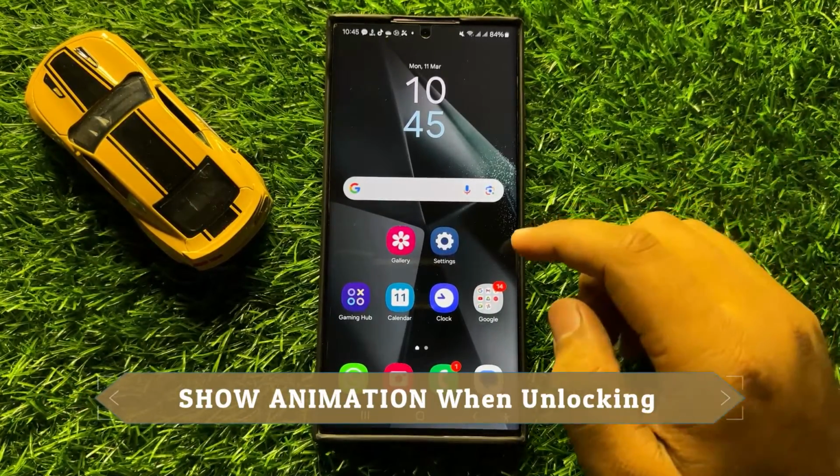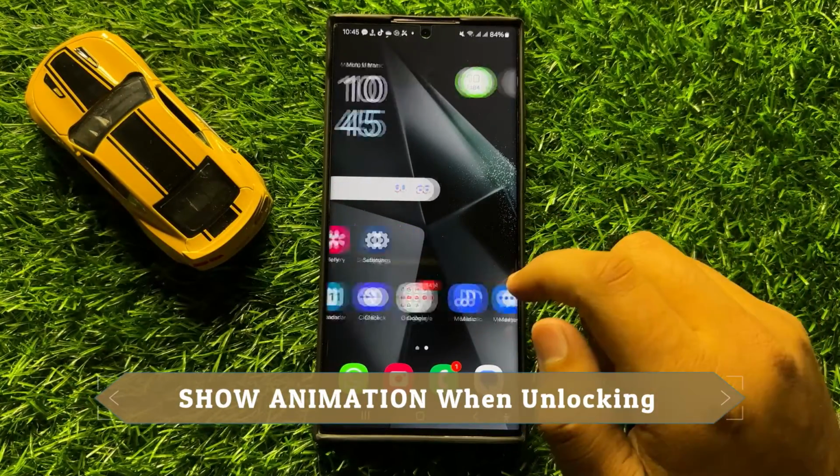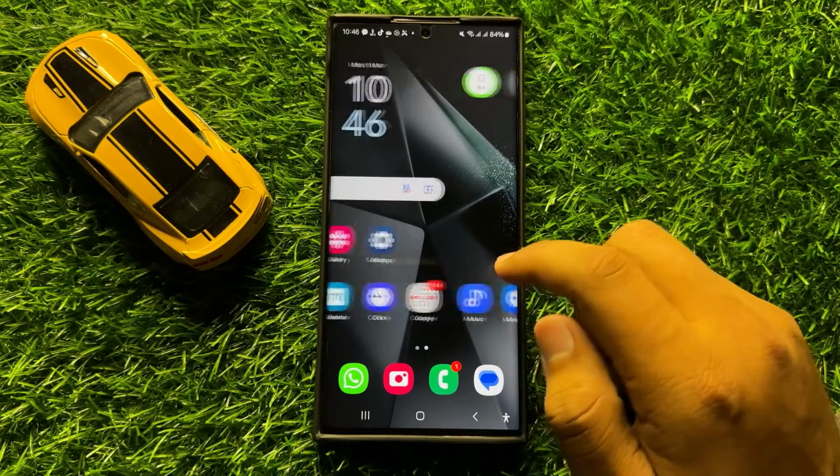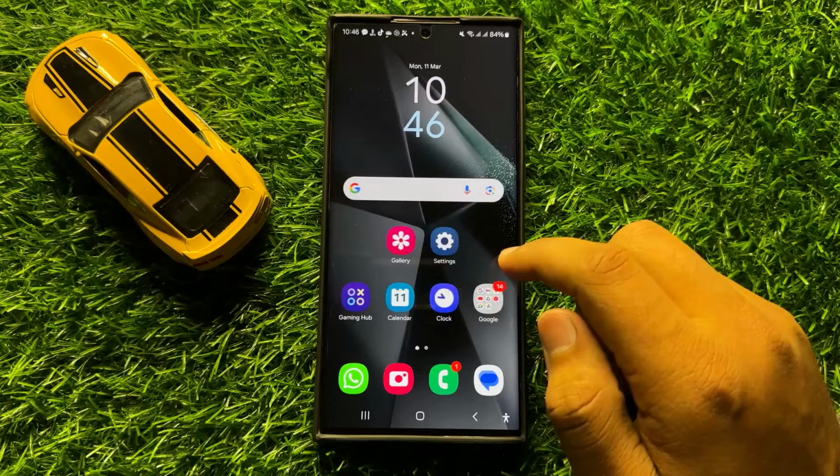Hello everyone, in this video I will show you how to enable or disable show animation when unlocking in Samsung